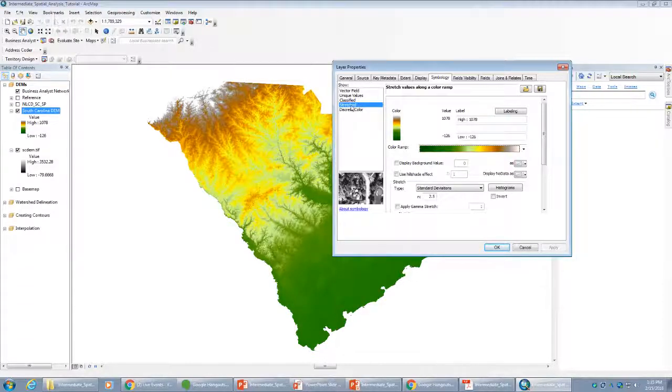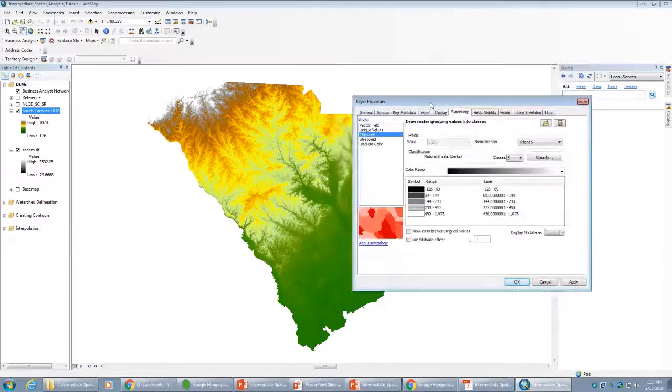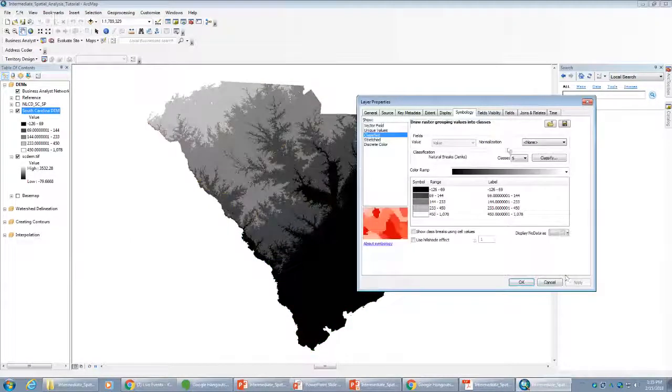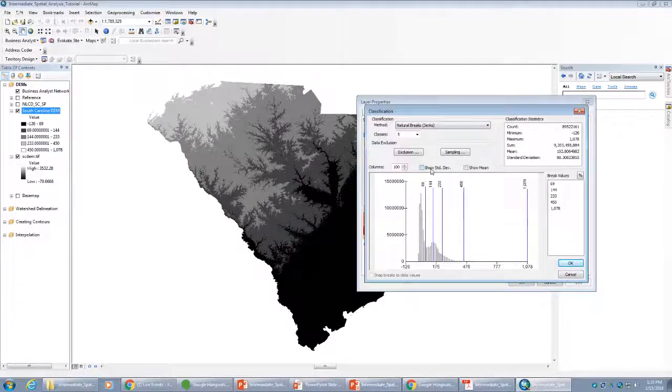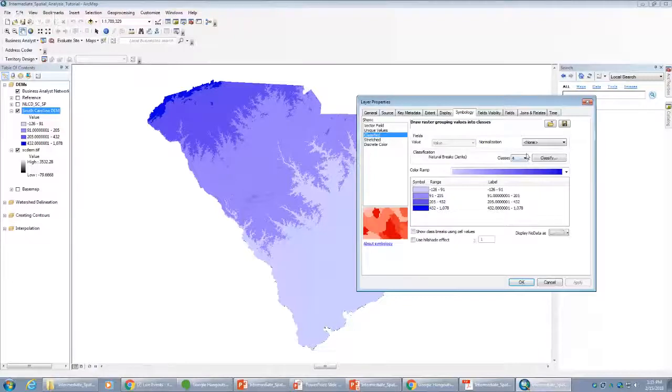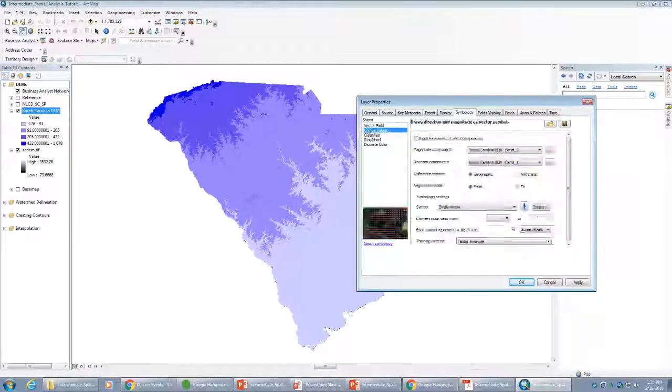Some other options you could have is a classified color ramp, just like we've seen before when we were mapping quantitative data in our vector data sets. So here we can set up and classify our data using the same methods as we saw before, the default being natural breaks or Jenks method, but we have all those same options available to us. We can change our number of classes and our color ramp and so on. You can also do unique